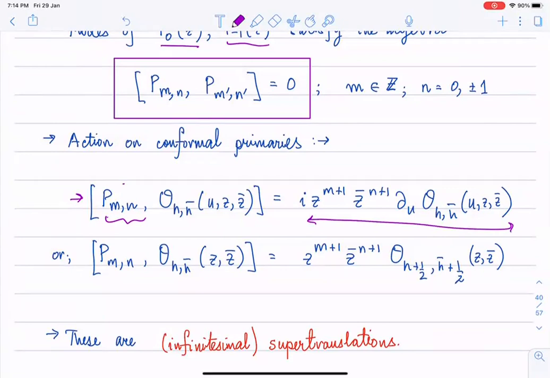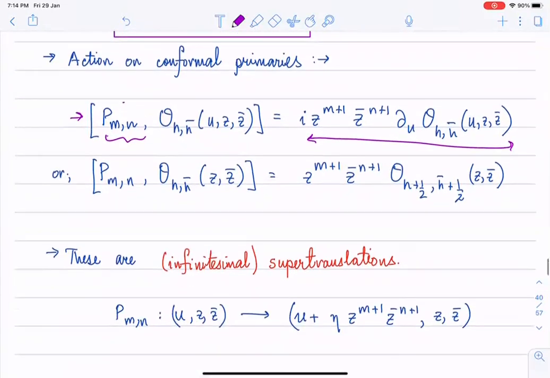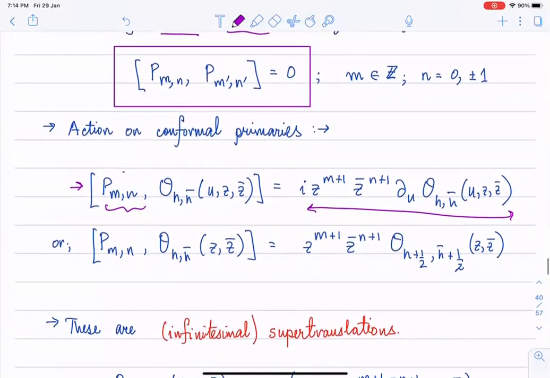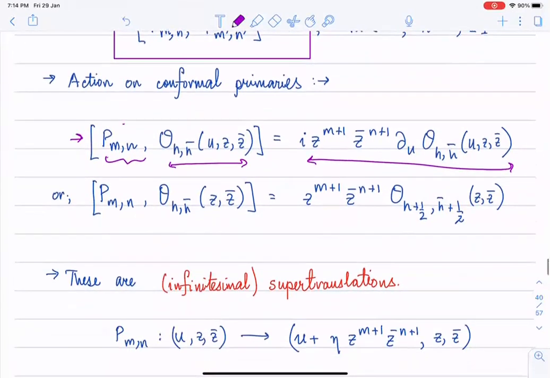Okay, so now from these commutators you can ask what sort of symmetry these objects are actually implementing. And from these commutation relations with conformal primary operators, it is immediately obvious that these objects are implementing infinitesimal super translations,